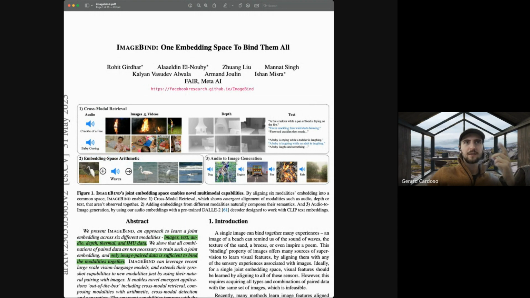But this application, audio to image, to me was the coolest one because you're effectively combining this learned embedding space with an already pre-trained model that's trained for a specific task. So you can imagine you could have all these models that do different tasks, and suddenly you feed them this representation of the world with different modalities, and you can start getting these weird, funky